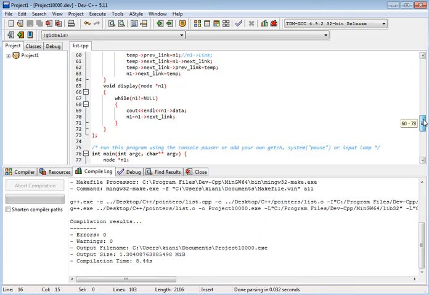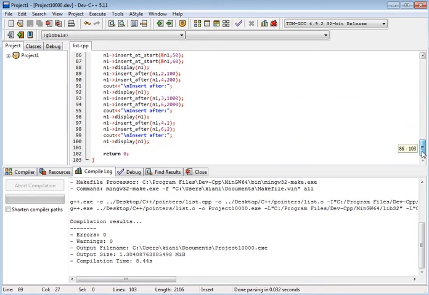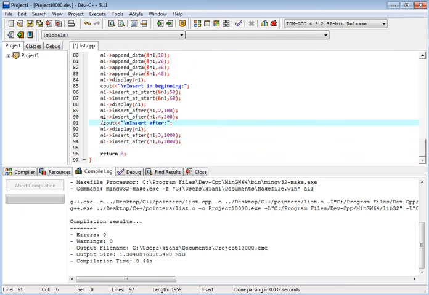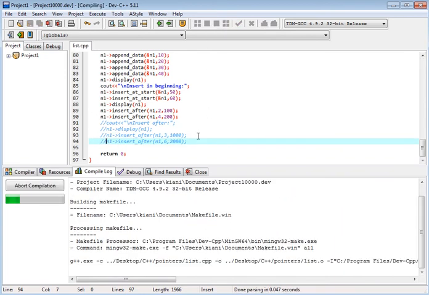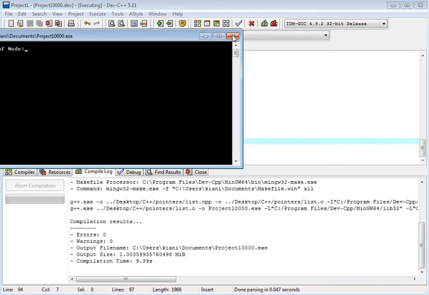And in the display there may be a problem, right? Because it is n1 and n1 is equal to null.